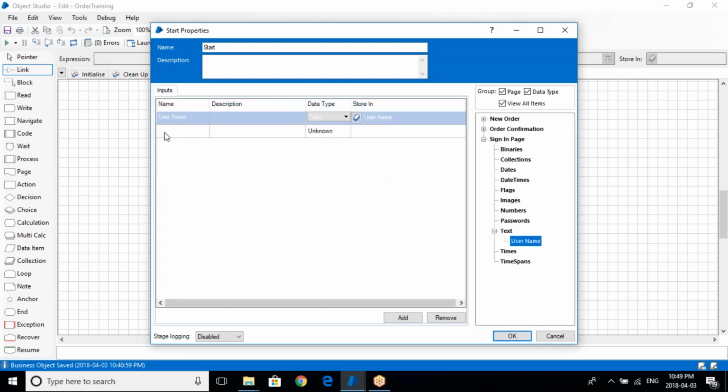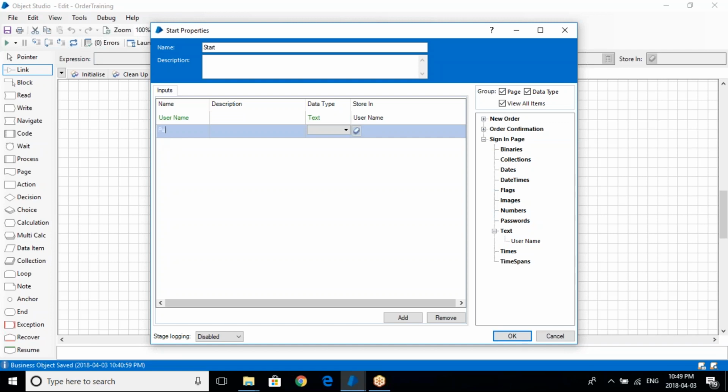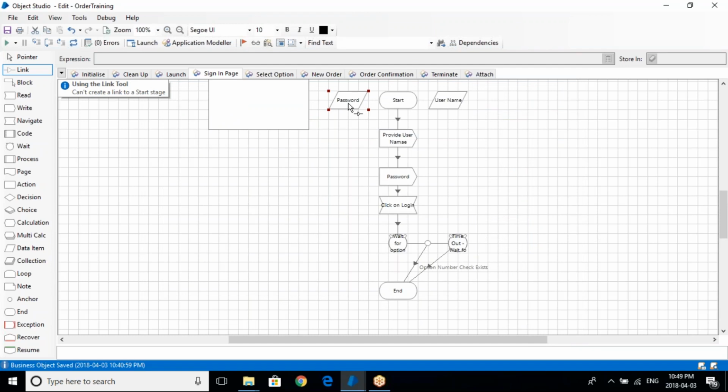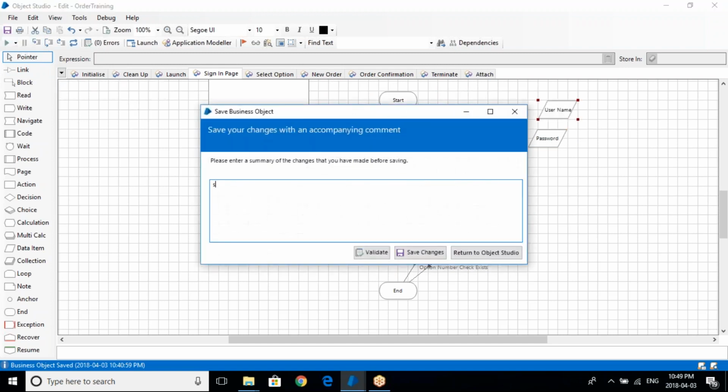You can say store in username, password, store in password. So you defined your username and password as an input parameter, which you will be passing through your main process. Okay, so once you save it,